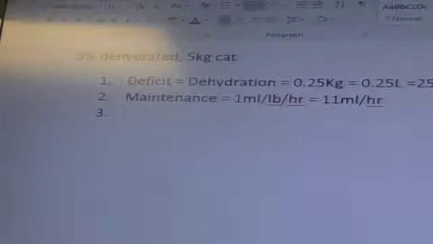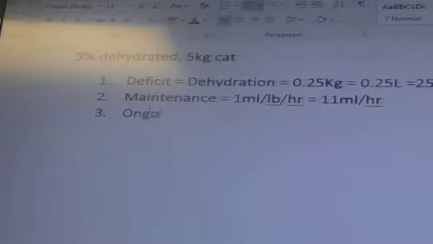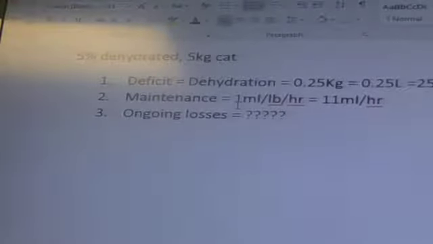So, ongoing loss. That'll be the third component of fluid therapy. Alright? What are the ongoing losses on this cat? We don't know. We have to hospitalize the cat and measure. We have to measure if it vomits, how much. We have to measure if it urinates a lot, then you can weigh the wheelie pad,